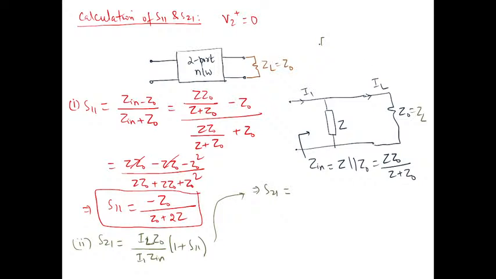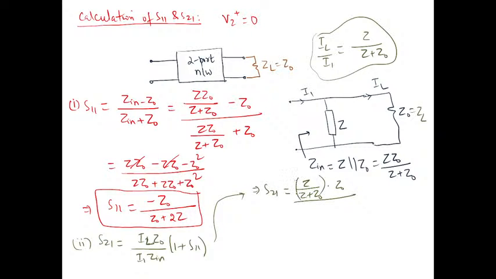IL upon I1 is basically Z upon Z plus Z0, and this can be easily obtained from the current distribution law. This current I1 is getting divided between the loads Z and Z0, so the current to Z0 will be equal to Z divided by Z plus Z0. So this is equal to Z upon Z plus Z0 into Z0 divided by what is I